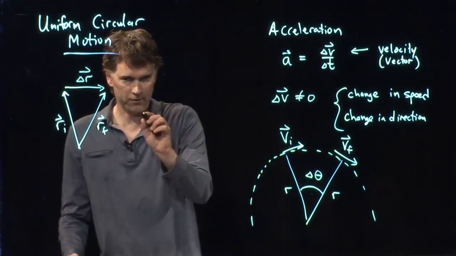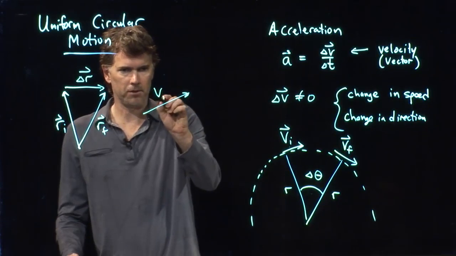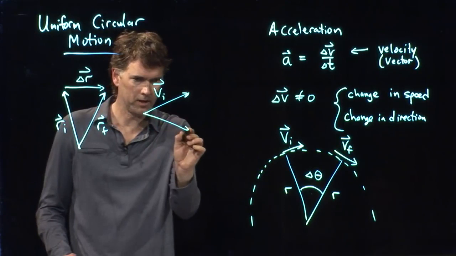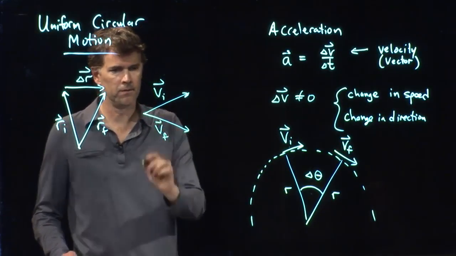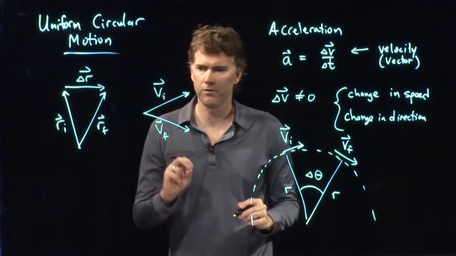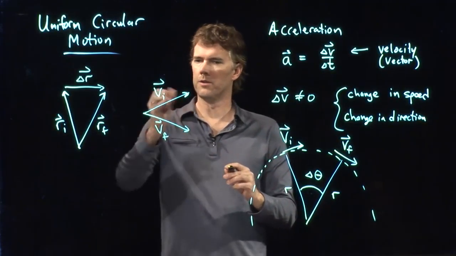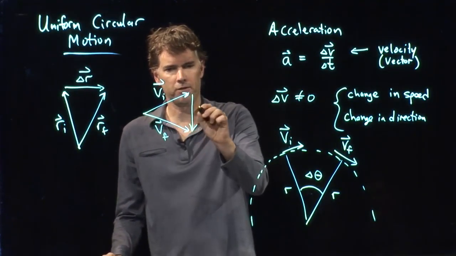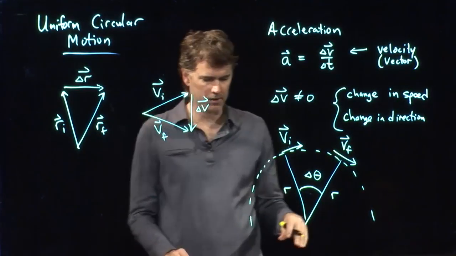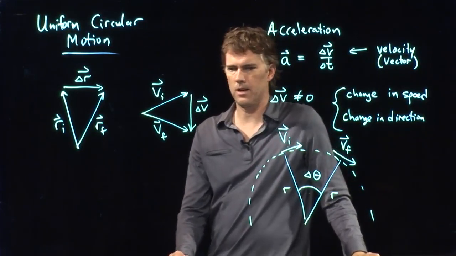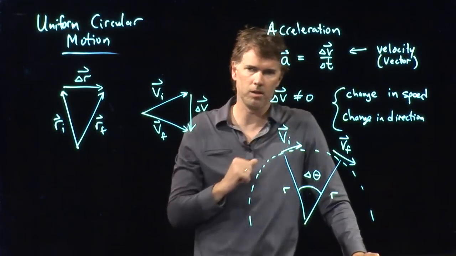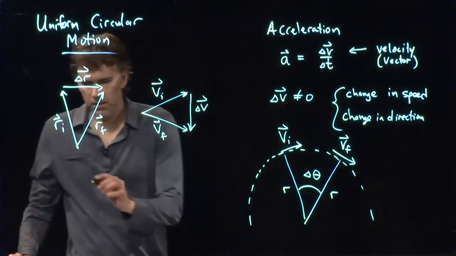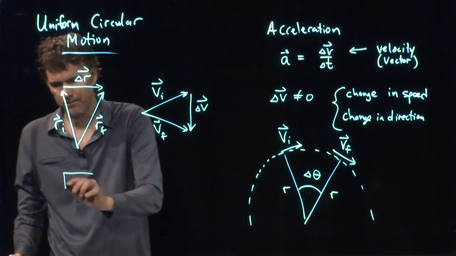So, what about the velocity vectors? Well, it looks like the velocity vector v initial is up and to the right, but v final is down and to the right. And if I do the difference of those two, remember you can do your tip to tail approach by flipping the sign of one of them, but you can probably convince yourself pretty quickly that delta v is going to look like that. I was going up, I've changed to going down, and so the delta v has to be pointing down.